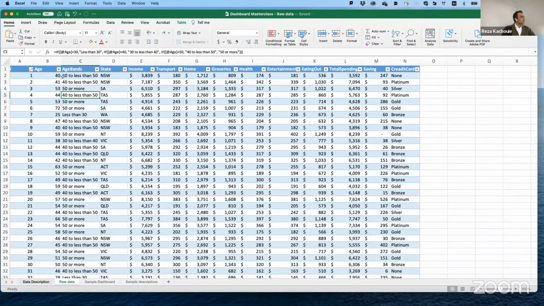So what we did is we create some nested ifs. To have that nested if, I said that if the value of age is less than 30, put a label called less than 30. Otherwise, another if is provided. I'm going to copy and paste it in the chat box for you, so you can use it. If you have created the table, it would be easy for you to copy and paste it in there.